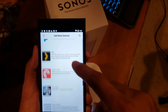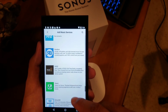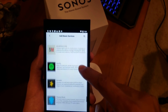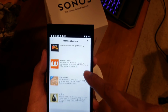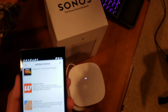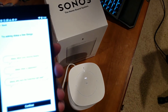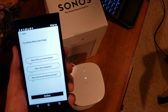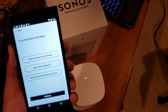Pandora I'll add. SoundCloud, Spotify, Tidal. Tons of apps. I'm sure you can add a few more, but I'm going to do a few right now. Alright, so we got finished adding all of my music apps to the Sonos app. Now I added the Alexa feature to it, and it's asking me to